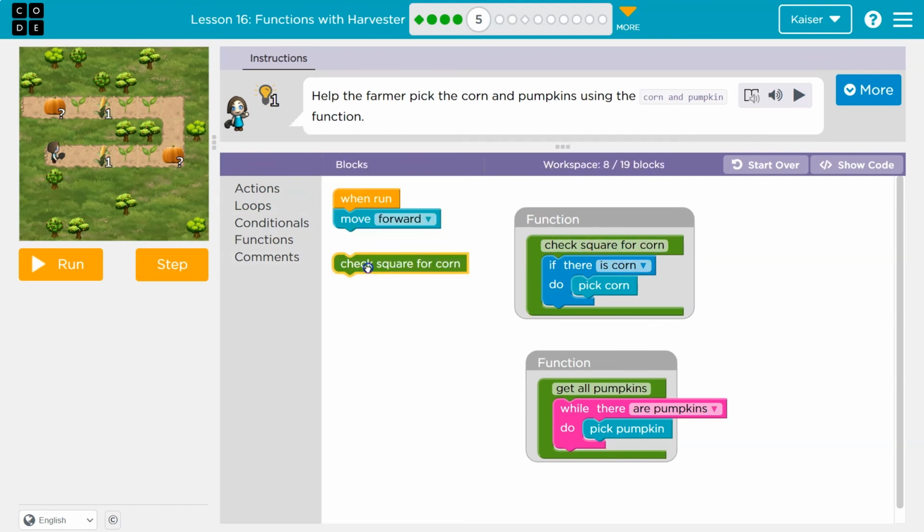Now, how do I do that? Well, I use this name. Keep in mind, what does this do? It says, hey, computer, run this. And it says, what's that? Smack. I ask the computer if there is corn. So if I'm standing on corn, this would be true, and I would pick corn. But sometimes I'm not standing on corn, so this would be false, and I just skip over the